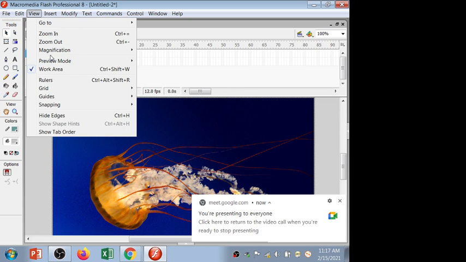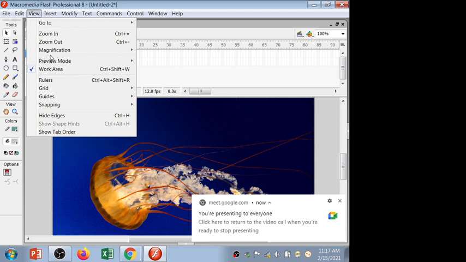The shortcut key to open the align panel is Ctrl K. So if you select the align option from the window tab, see, first of all, if the to stage option is not selected, then you have to select it. Right now it's enabled, so I'm not going to click on this option. You have to just click on it to enable this.